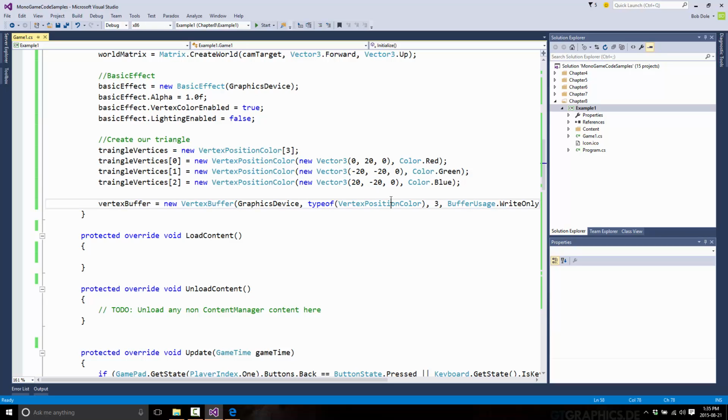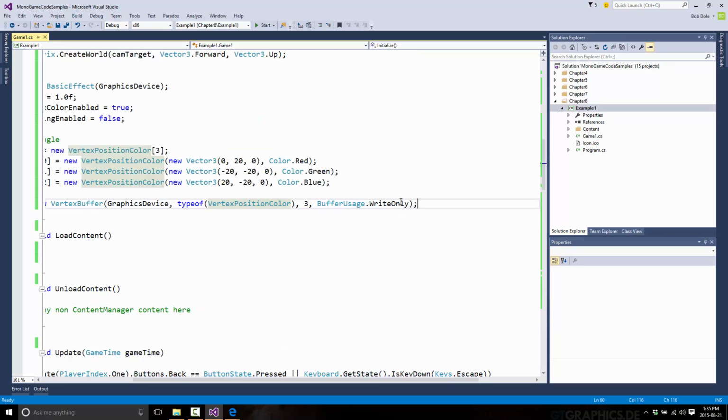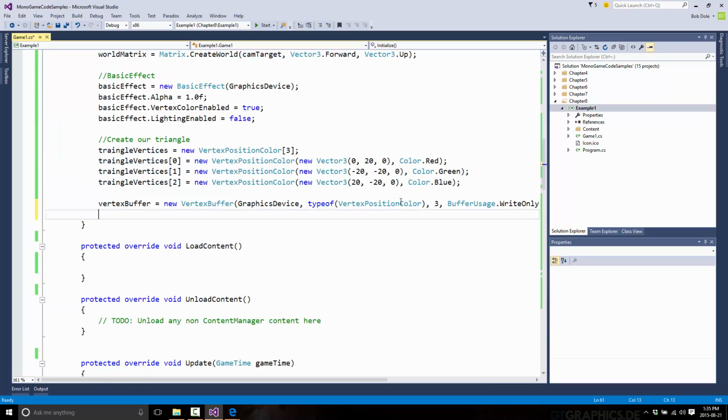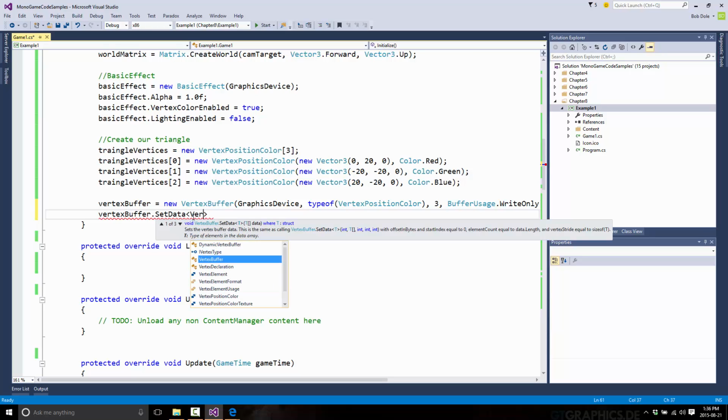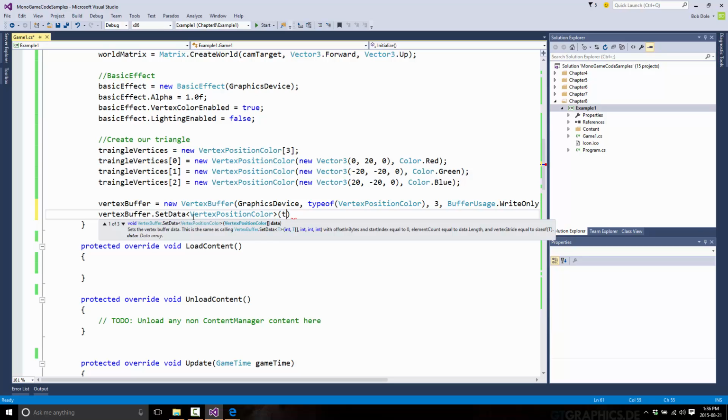First off, I missed a minus sign here, but that really wasn't it. We would have at least probably gotten a line. Certainly a mistake, but not as big of a mistake as I actually did. I created a Vertex Buffer. I didn't put anything in said Vertex Buffer. Let's try that again. So Vertex Buffer dot set data. Yeah, sorry about that. Vertex position color, like so, and pass in our